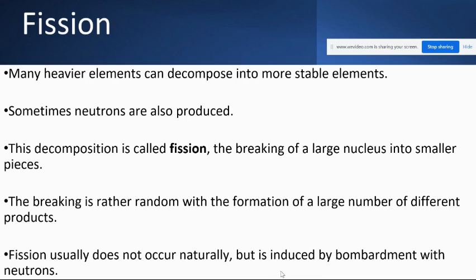Okay. That's also how, in a much more controlled fashion, they make nuclear energy. So they'll take these bigger elements and they hit it with some neutrons and it makes it break apart. And when it breaks apart, it gives off energy. And then they can use that energy to do things like heat water, which then turns turbines and creates electrical energy in a generator.